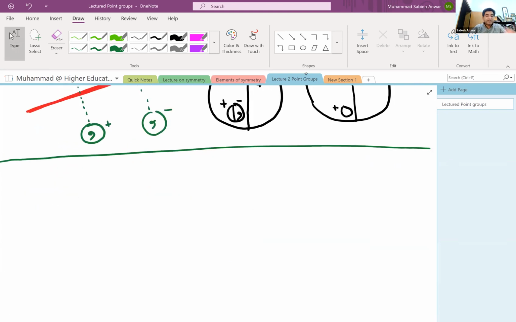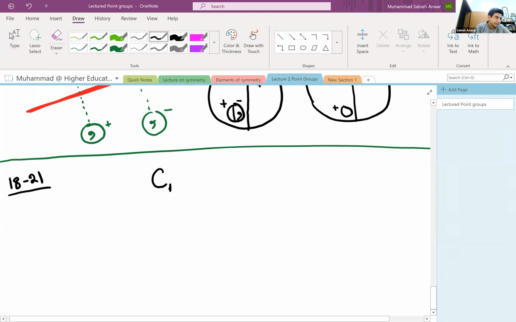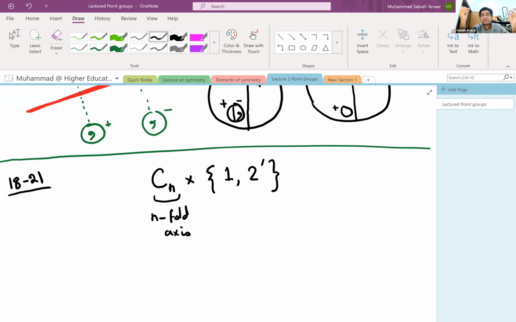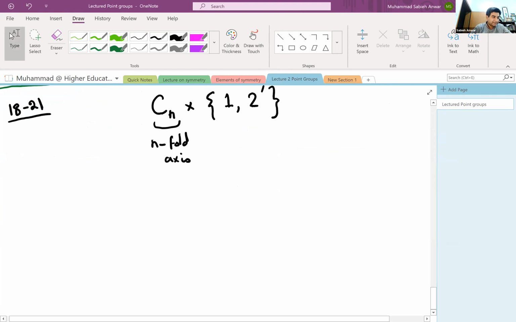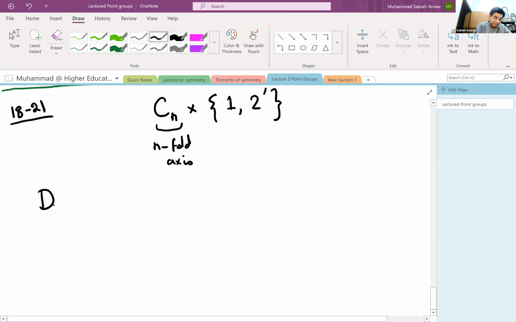Okay, so now we can construct even more point groups. Point groups number 18 to 21, for example, are the cyclic point groups concatenated with identity and a two-fold rotation that is perpendicular to the principal axis of rotation. This already has an n-fold axis of rotation, right? The cyclic groups have an n-fold axis of rotation. Now, if I draw an axis of rotation which is two-fold and perpendicular to the principal axis of rotation, I can generate these extra groups. And these extra groups are of four kinds. They go with the following symbols: D2, old notation, new notation 2, 2, 2, D3, 3, 2,